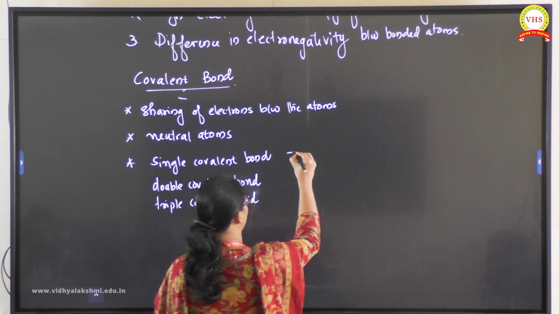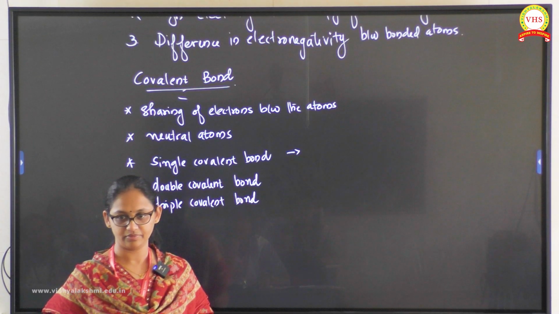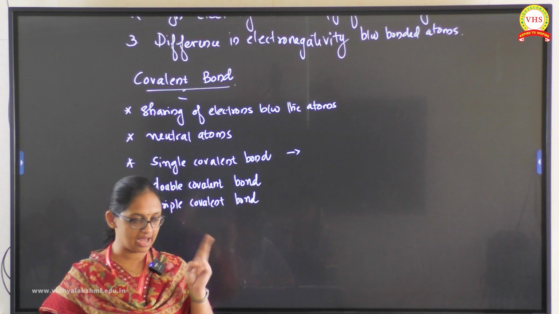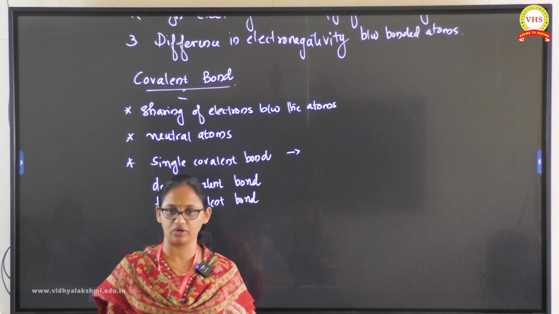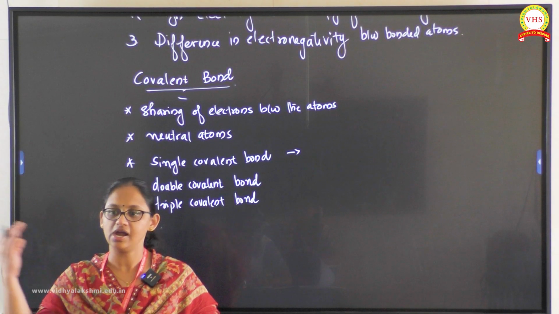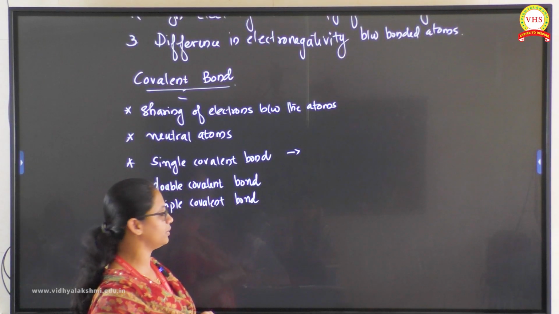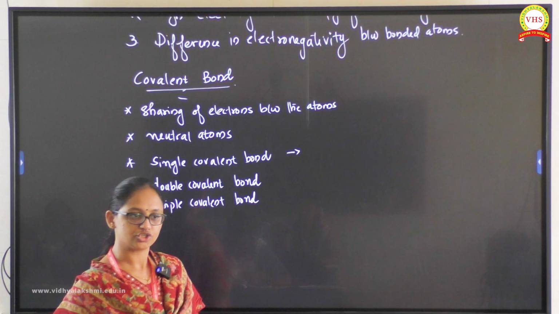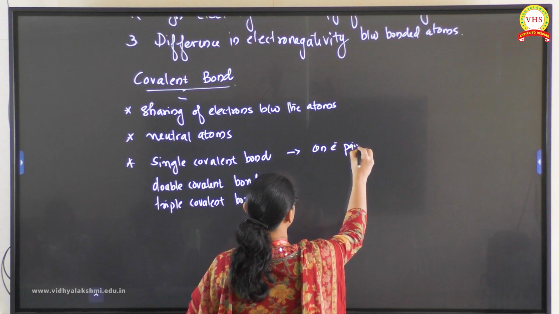Single covalent bond means there is only one shared electron pair between the atoms. One atom will share one electron, and the other atom will share one electron. So a single covalent bond is formed by sharing one electron pair, and the double covalent